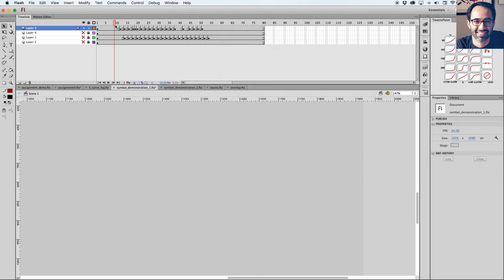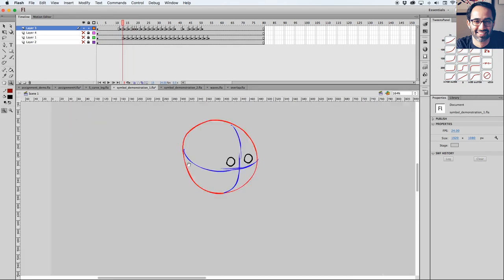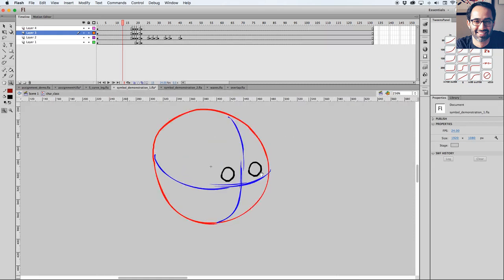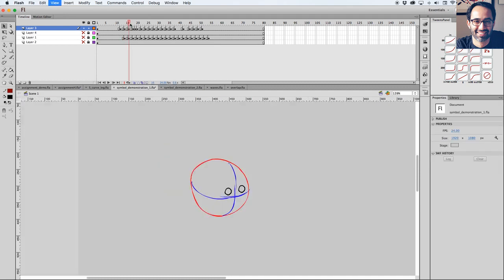Now my eyes are following the contour lines inside the symbol, and that's happening outside here. So I have animation within animation, or symbol inside symbol, or pre-comp inside pre-comp. And then let's say from here, or like